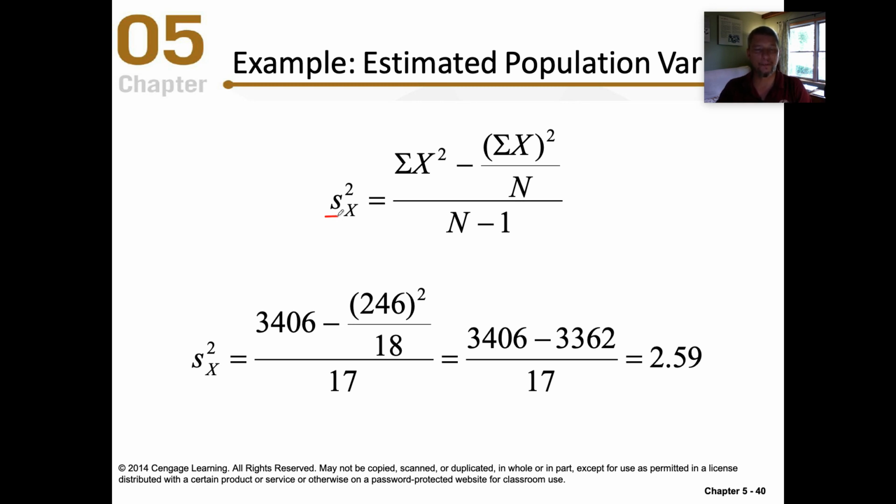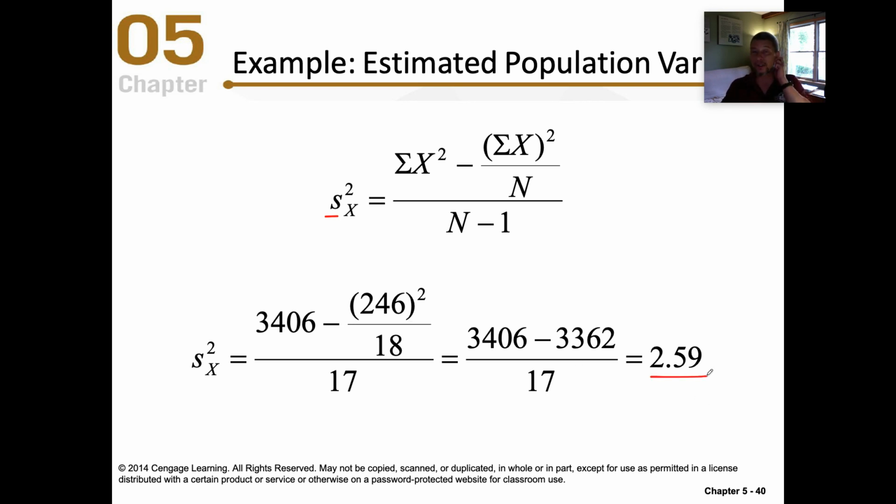I know that the sum of x squared is 3,406, the sum of x is 246, n is 18, and n minus 1 is 17. And then the calculation works itself out to be